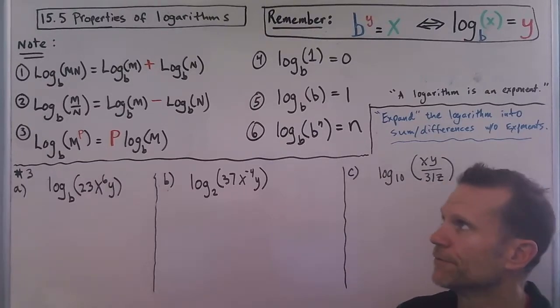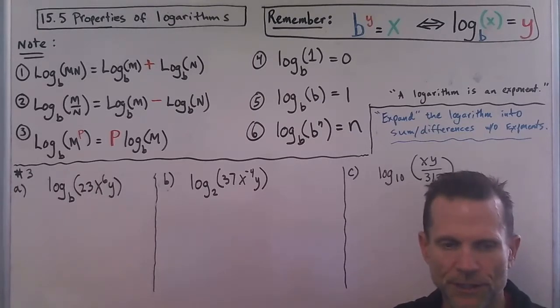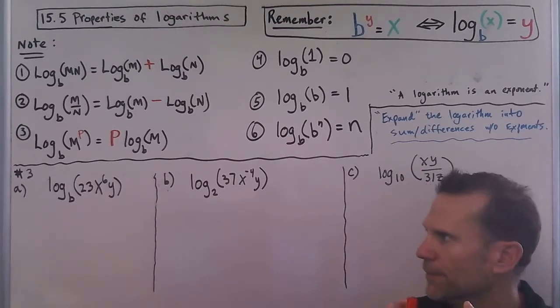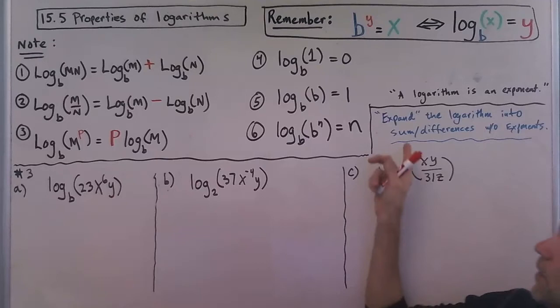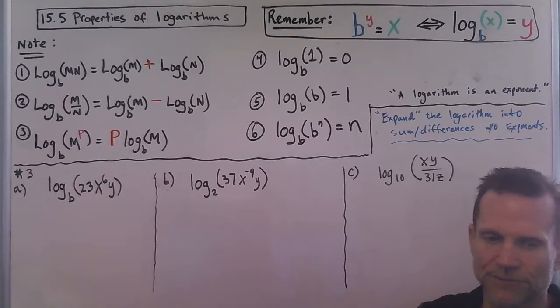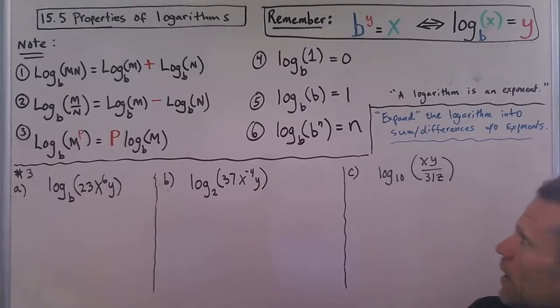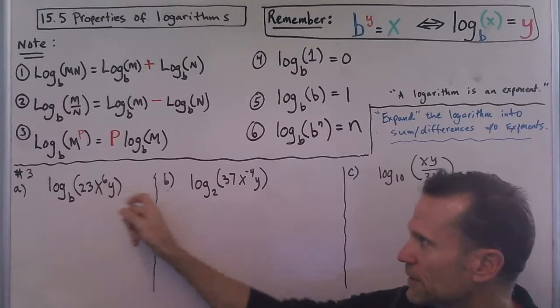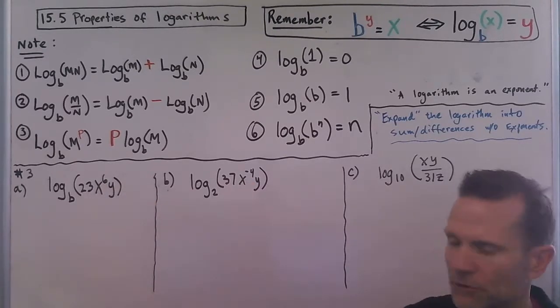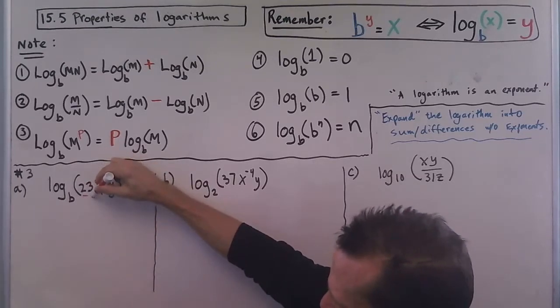Okay, continuing with the 15.5 properties of logarithms, we worked on condensing a couple logarithms into a single logarithm. Now we're going to take a single logarithm and expand it into the sum or difference or a combination of those, to kind of blow this logarithm up into multiple parts. And we want to end without any exponents, so you shouldn't see any exponents like this at the end of your problem. So you'll get familiar with looking at these and spotting that, like, hey, here's 1, 2,